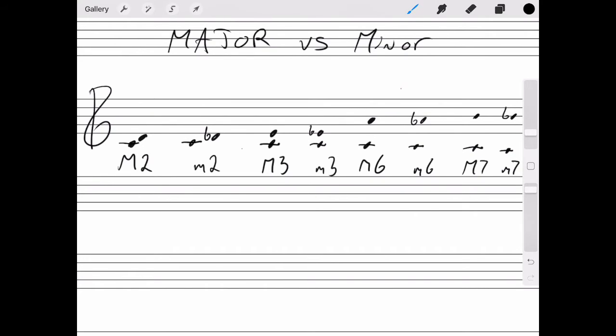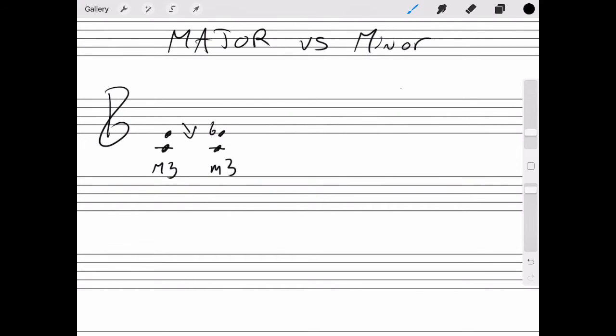Now the other way to do that is we can raise the lower note by a half step instead of dropping the top note by a half step. And I'll do this down here at the bottom. So we have, let's take a major third. So we have C